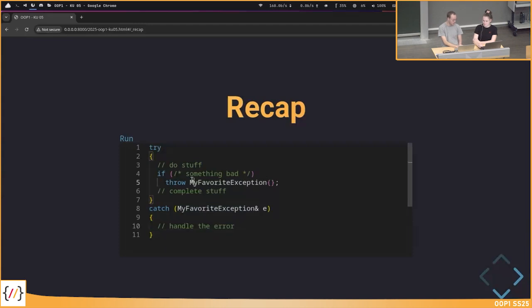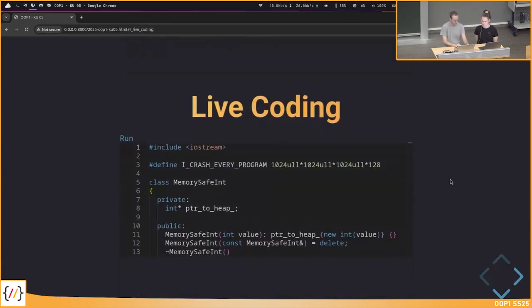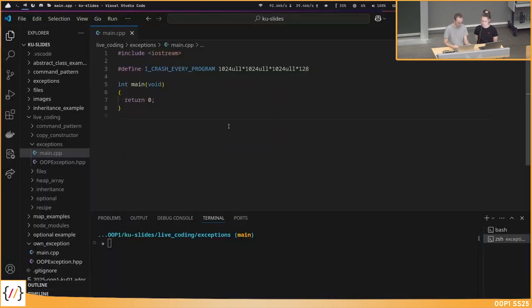If we never throw an exception in the try block, then we just continue doing everything here and we will skip all catch blocks below. It's just the basic syntax. Let's see what I have prepared. At the very beginning, I want to work a bit with the bad_alloc exception, because this is really important to you.